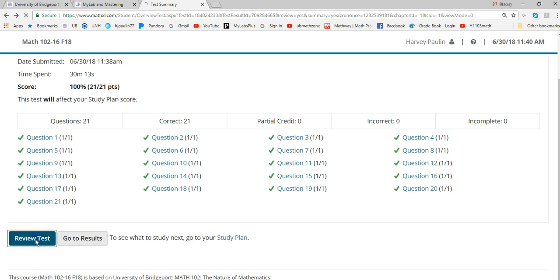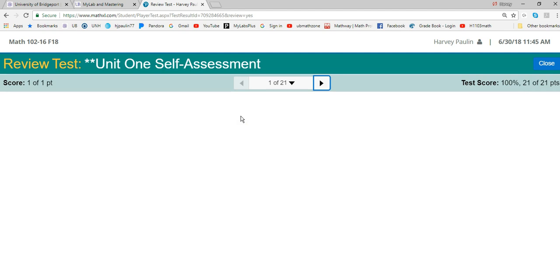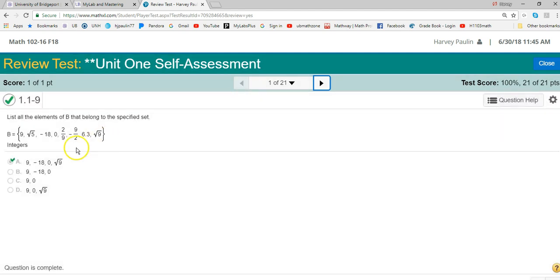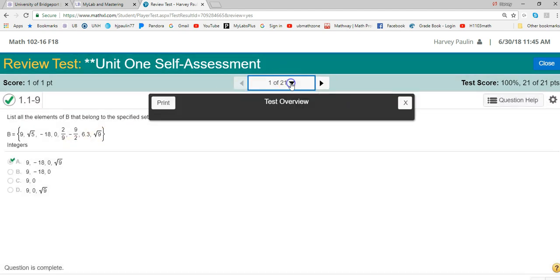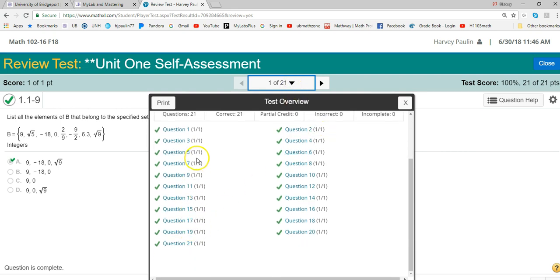If I click here, you can go through all of the answers, and you have a drop-down menu, and you could see which ones you had wrong, and then take note of that, because you want this to be a learning experience, as if it were your test. You're going to get a paper test. But this counts towards your homework grade,